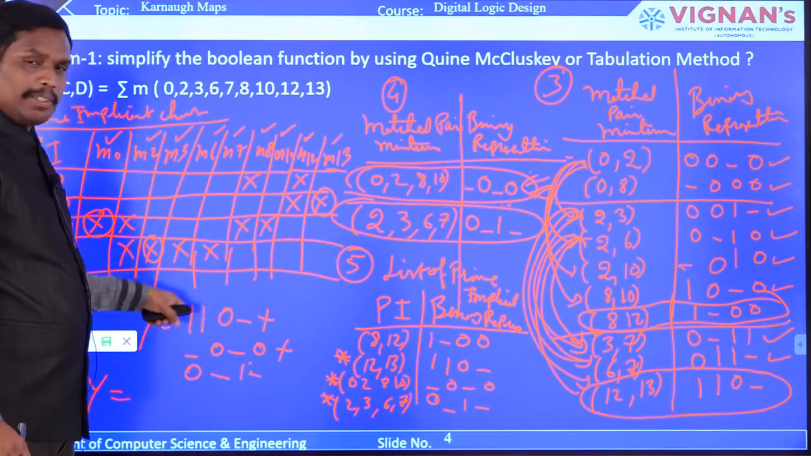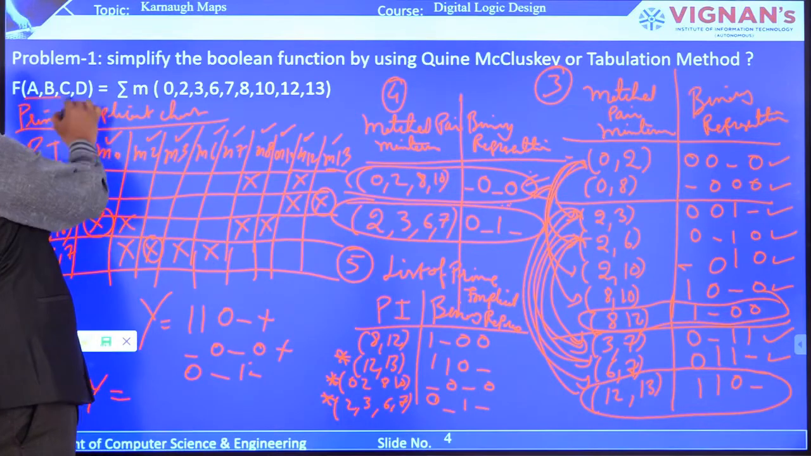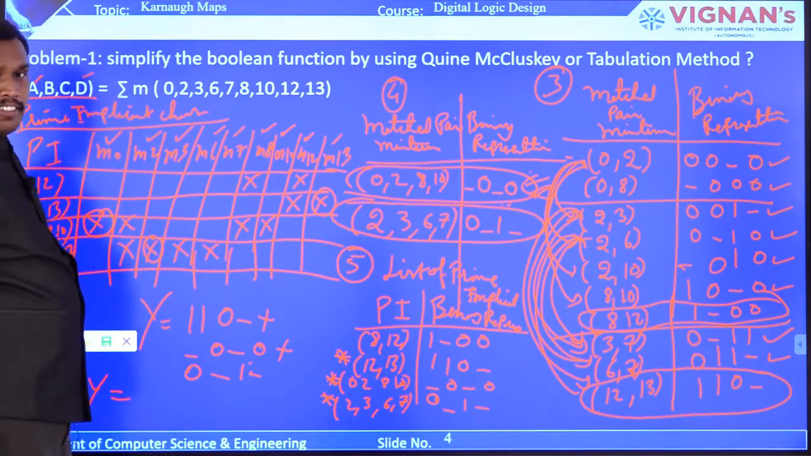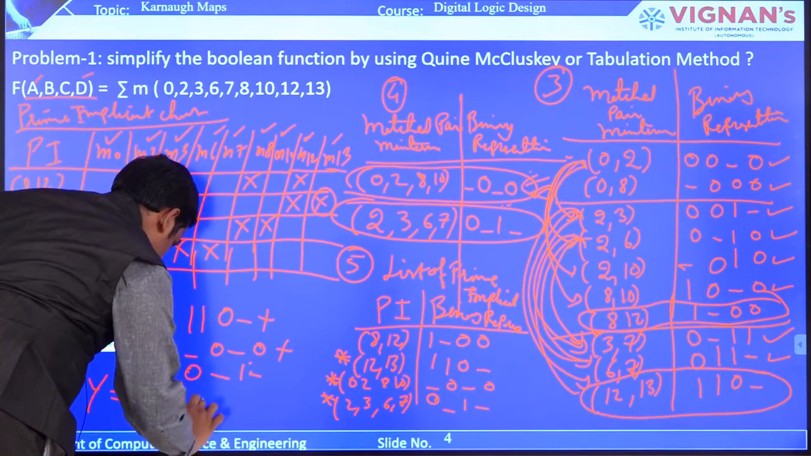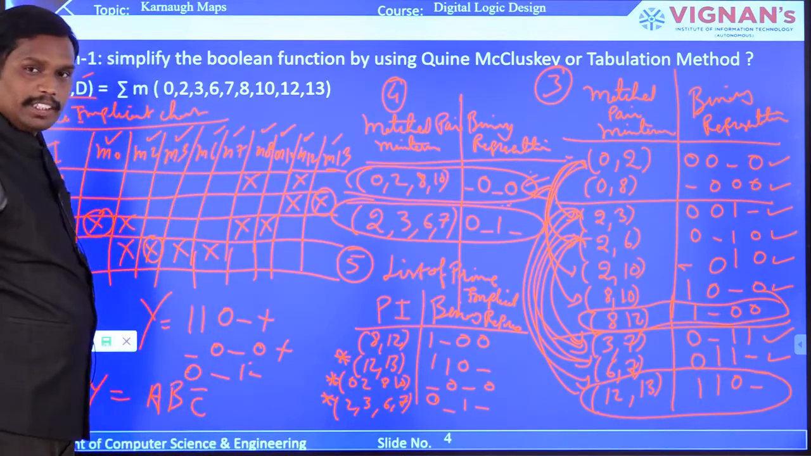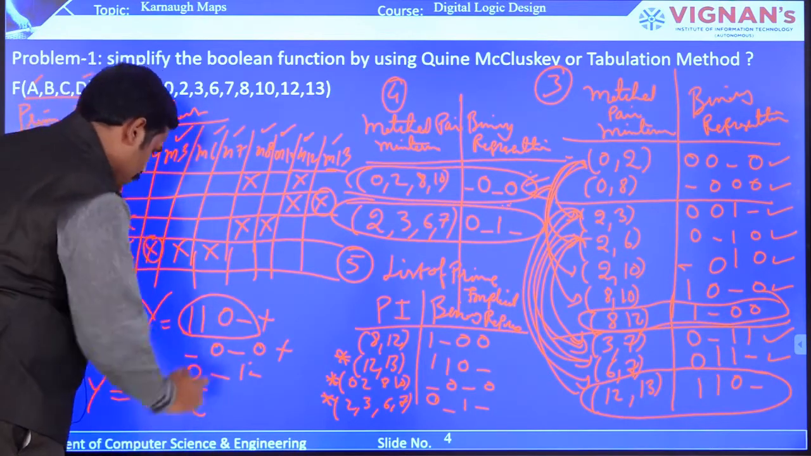But generally this binary representation is of 4 variables a, b, c, d. So that is how this a, b, c, d goes, most significant bit to least significant bit. So a, b, c bar. The first term is completed. This is completed. And the next one is,